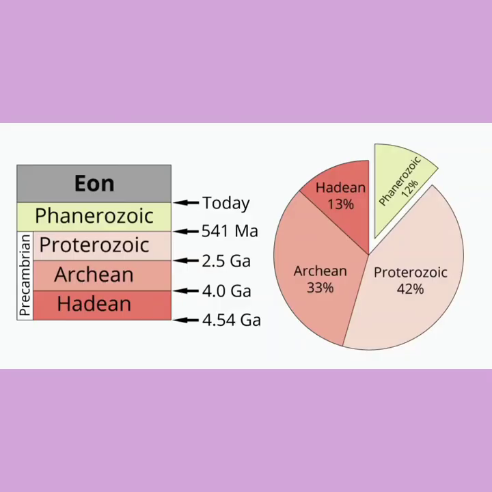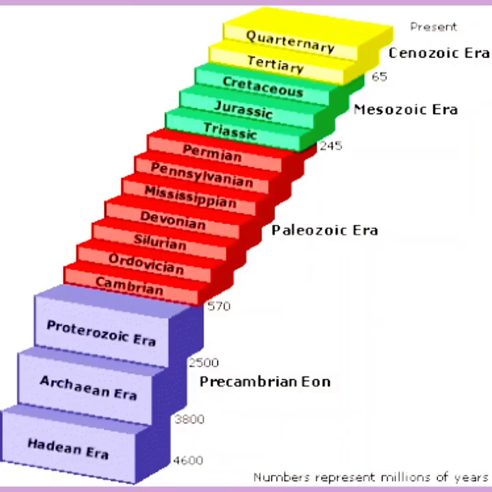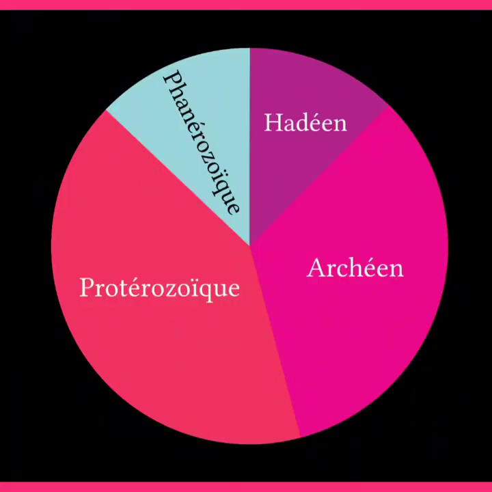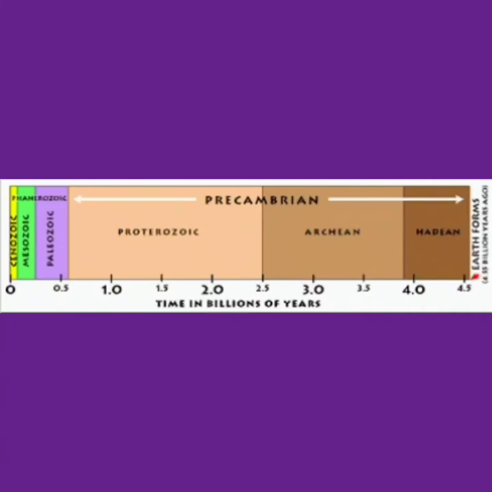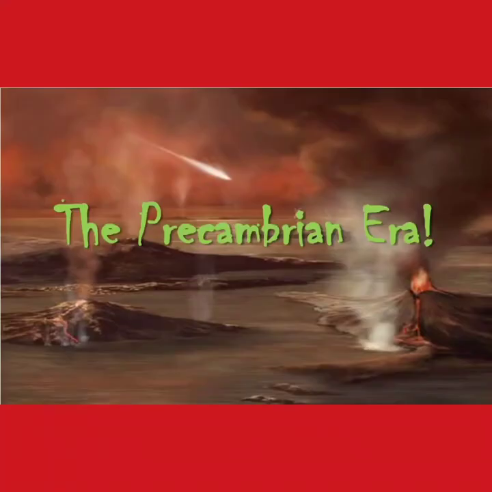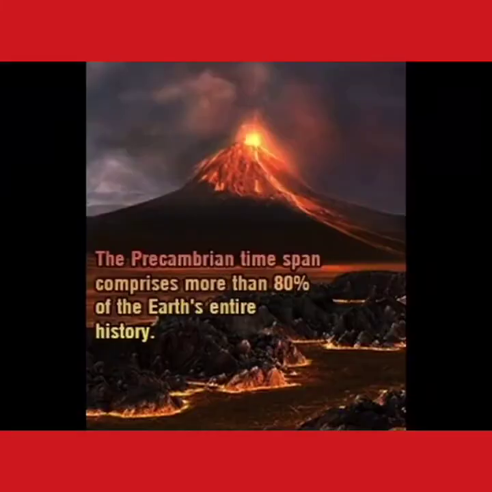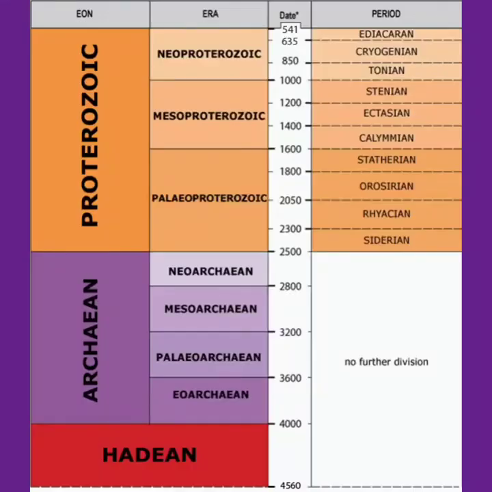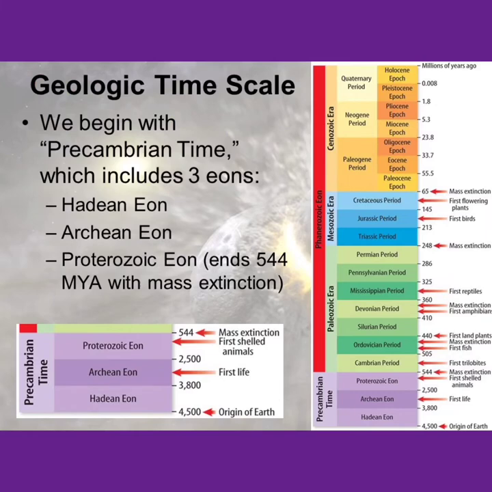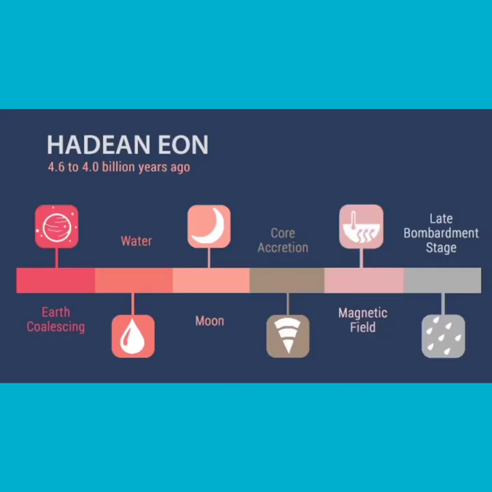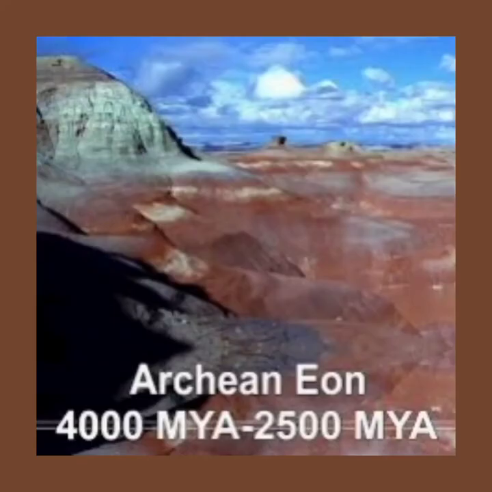Earth's history is characterized by 4 eons, and in order from oldest to youngest, they are the Hadean, the Archean, the Proterozoic, and the Phanerozoic. Collectively, the Hadean, Archean, and the Proterozoic are informally referred to as the Precambrian. Cambrian period refers to the beginning of the Phanerozoic eon, so all rocks older than the Cambrian are Precambrian in age. These Precambrian eons tell the story of Earth's beginning, life's origin, and the rise of complex life.